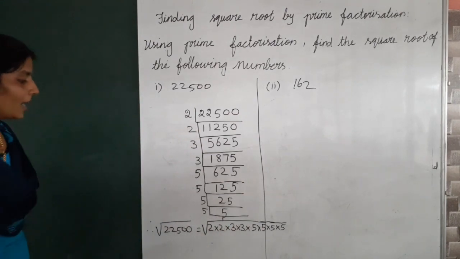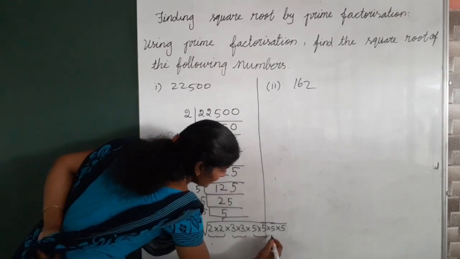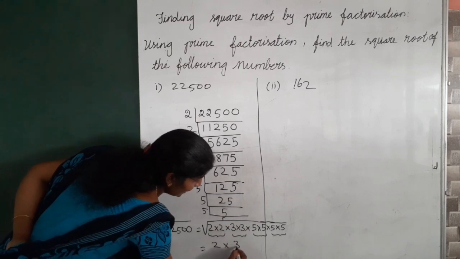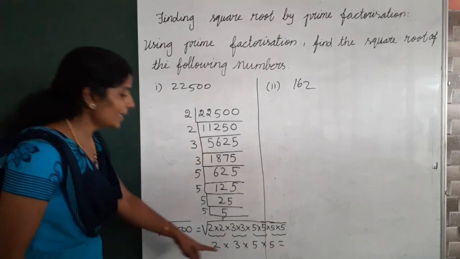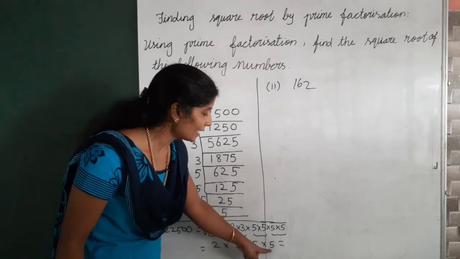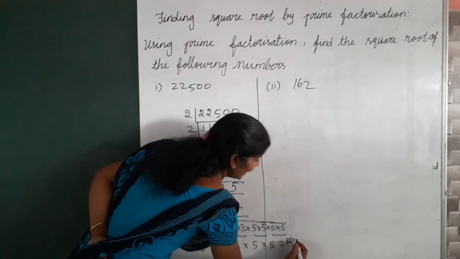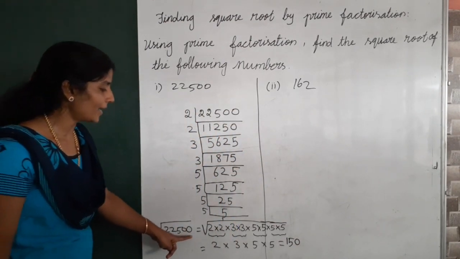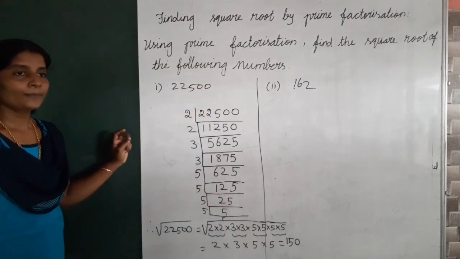Now, for every pair, take one outside. 2 in 1 take outside. Here equals 2 into 3 into 5 into 5. Now, what's the answer? 3 2s are 6, 6 5s are 30, 30 into 5, 150. So this answer is 150. Therefore, the square root of 22,500 equals 150. Okay. So, second question,